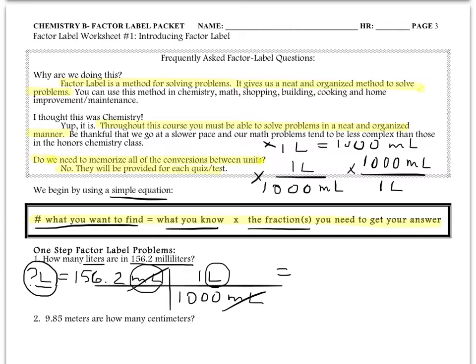How do you calculate? Well, important rule. In our picket fence, anything that is along the top gets multiplied. So we'd have 156.2 times 1, which of course just gives us 156.2. And then anything that's on the bottom of the fraction gets divided. So we'd have 156.2 divided by 1,000, which gives us